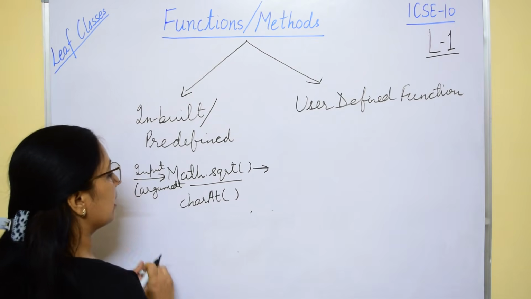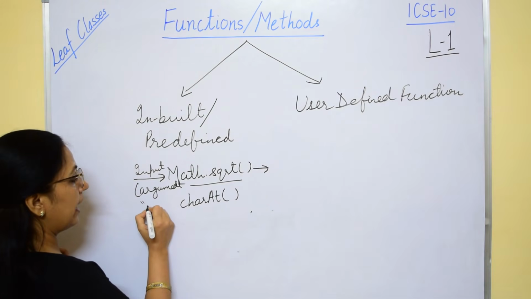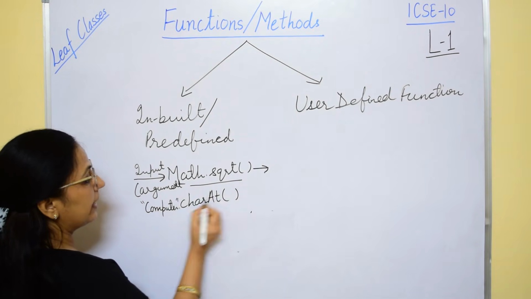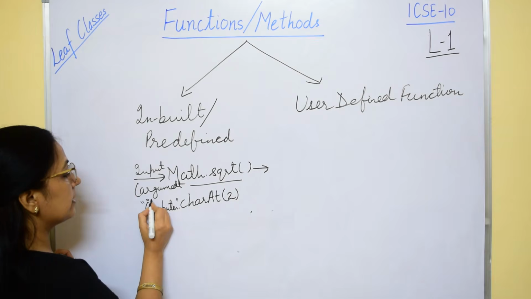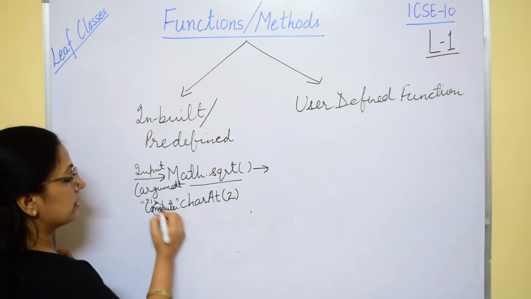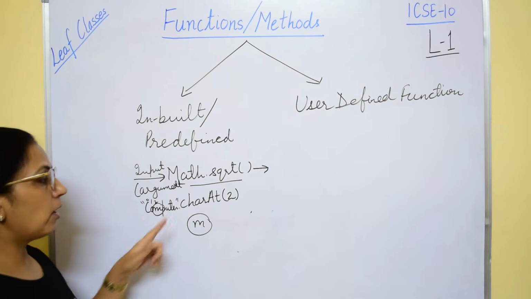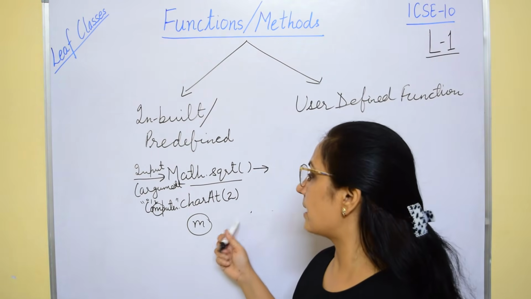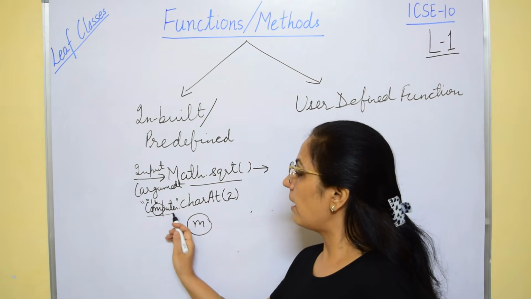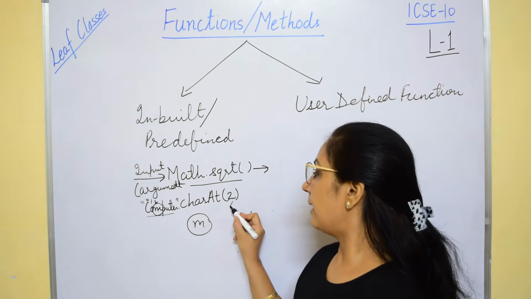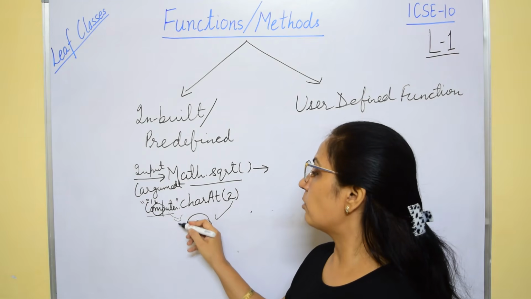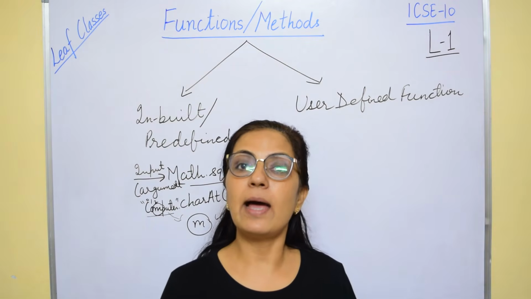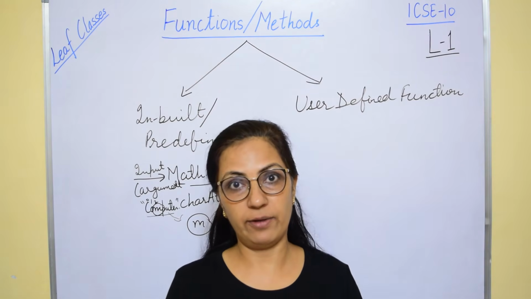Similarly, if we write charAt function, if I write say computer.charAt of 2, it is giving me the answer as small m. Now charAt function, we know that it extracts the character at the given index number. So here what am I giving? The string and the index number. Now these two values I am giving, and it is giving me the result based on those two values. If the arguments differ, the value will differ, right?